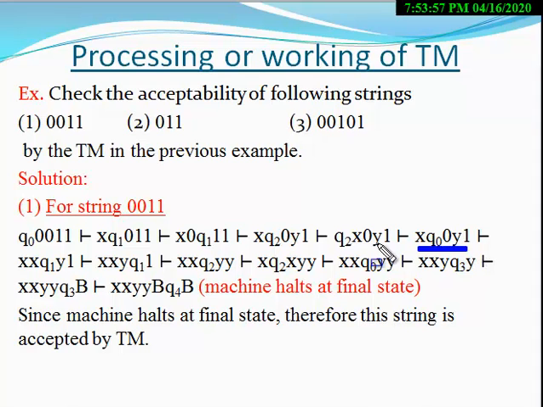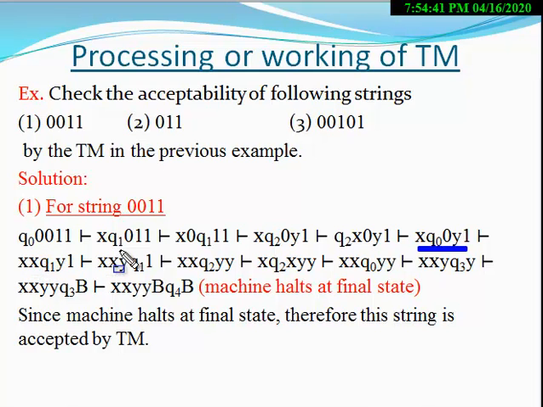The next ID becomes this. The state changes from Q2 to Q0, so the state becomes Q0, and the machine also moves to the right direction. At that time, the head of the machine is to the left of X. Now the head of the machine moves to the right of X. So here Q0 is to the right of X. Now you have to check which transition rule will be applied. So here Q0 0, look at this place. Now you apply this rule Q0 0.